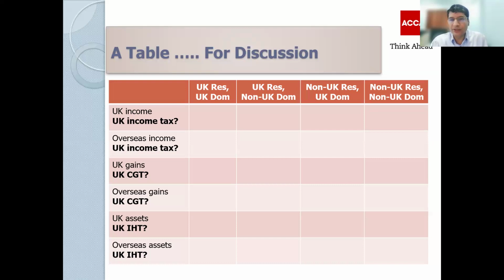If temporary non-resident, then that person will be treated as equivalent to UK resident for the purpose of UK capital gains tax. And therefore, any UK gain, when I say UK gain, I mean any gain on sale of UK property, UK assets, is going to be liable to UK CGT. So if someone is UK resident, liable to UK CGT. If someone is temporary non-resident, then still liable to UK CGT. If someone is non-resident in the UK altogether, then not liable to UK CGT on UK gain.